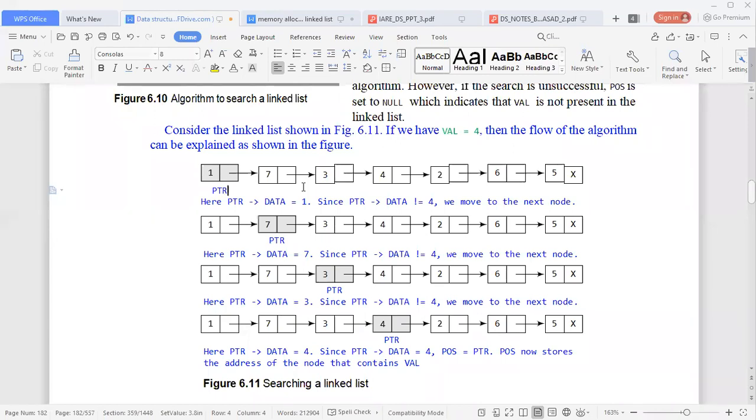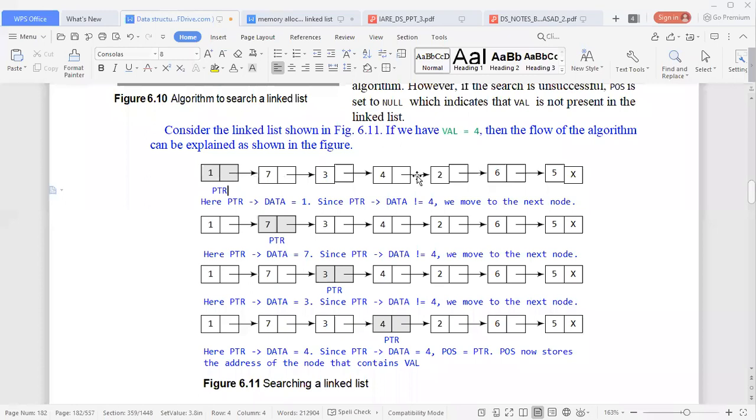What practices are we supposed to do when we do linear search? We do the same process. Our search element will be compared with the first element, next element, next element, till we find that both the values are the same. Whenever we find the same value, then we return the position. That's what we do in the algorithm for searching an element in a linked list.